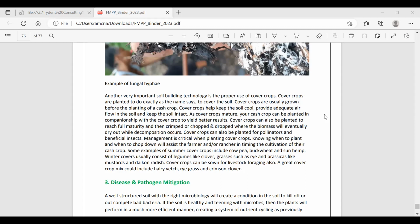And the way you can tell that nitrogen is actually being fixated in your soil is if you grow something like a black-eyed pea or a cowpea, or a type of clover. When you pull that plant up out of the ground, you'll see these little nodules on the root systems. And those nodules can either be white or they can be pink. When those nodules are pink, that lets you know